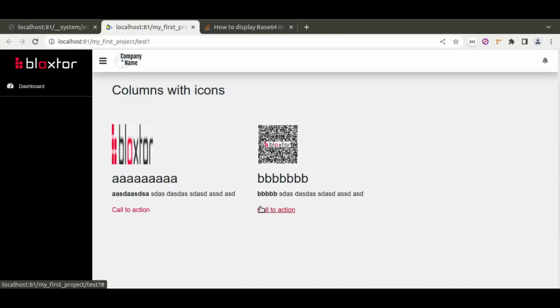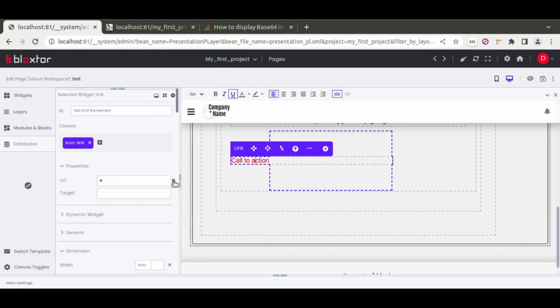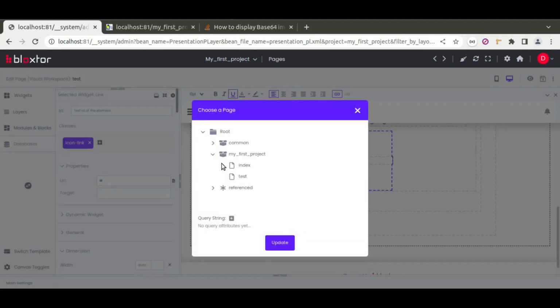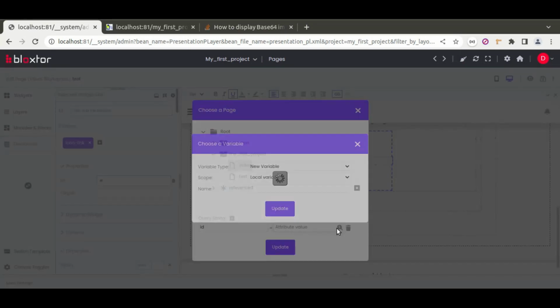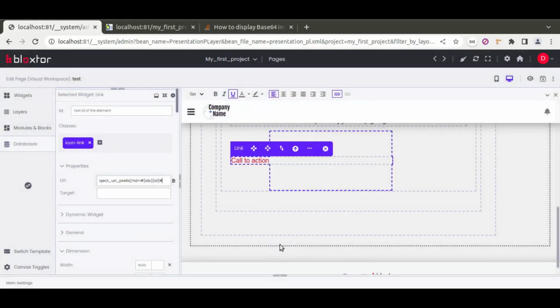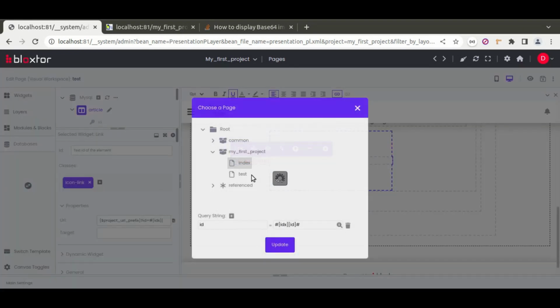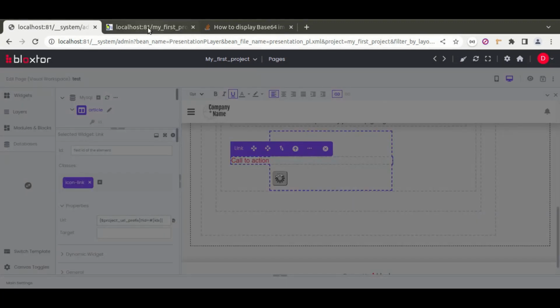Additionally, we could set some IDs in these links here. We just needed to come here in the links, in the properties, and we could point this to some page like the index page, where we wanted to show the article ID that we created, which is the ID. Okay, so what we are doing here is showing the corresponding ID for each individual record in a link. Okay, so if we save and if we refresh that page,